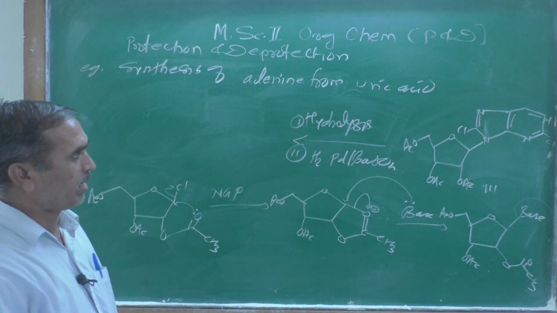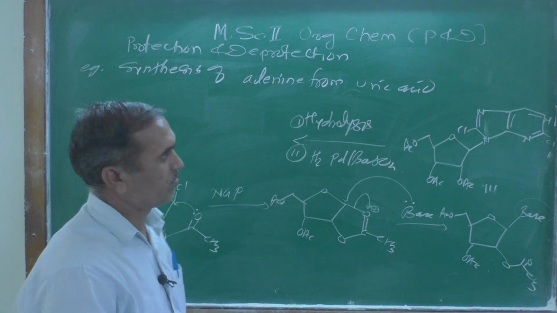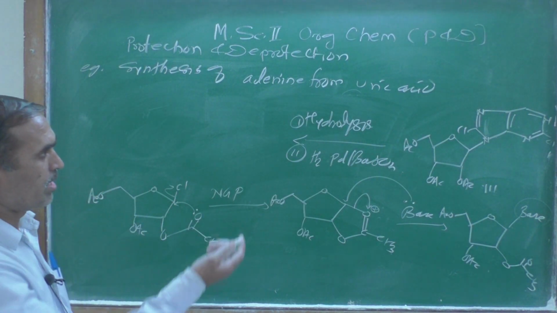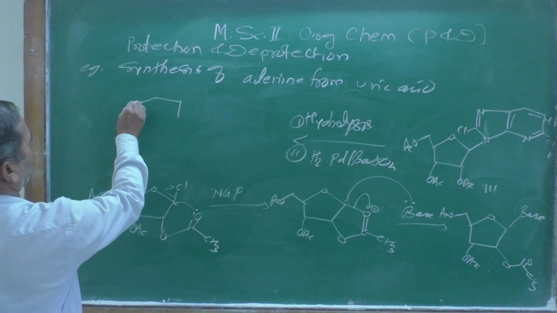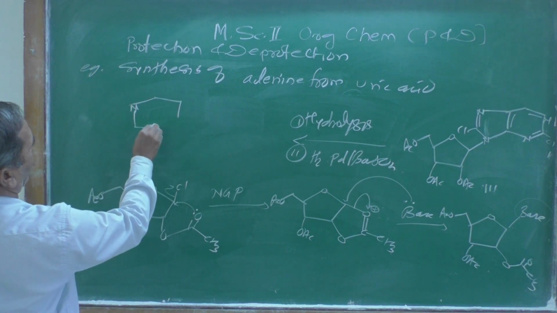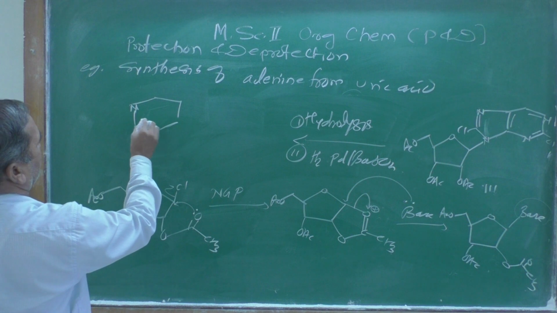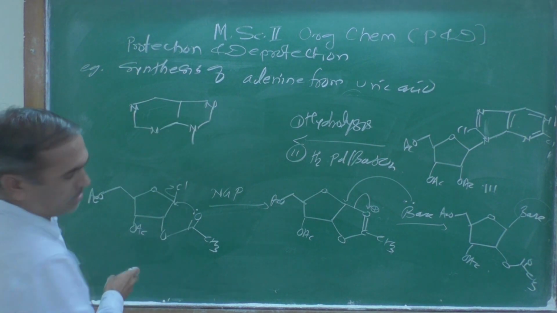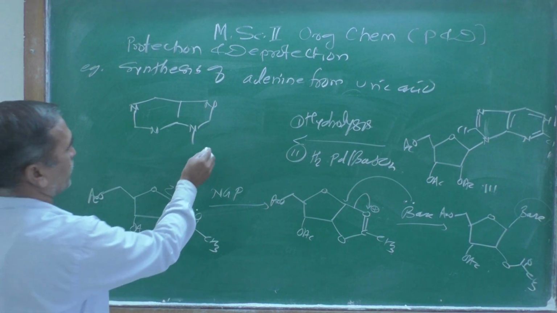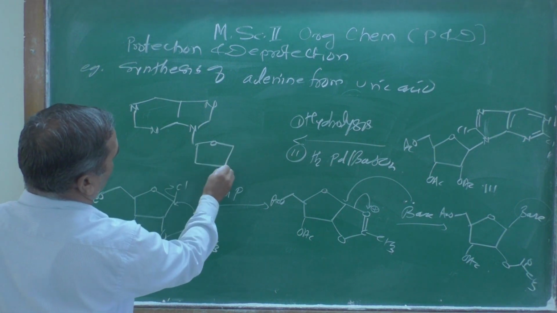What you are going to get is removal of that oxygen atom, and you are going to get the structure N, then N, then N. Here is a sugar unit I am trying to draw over here,